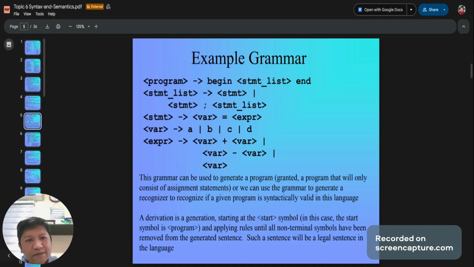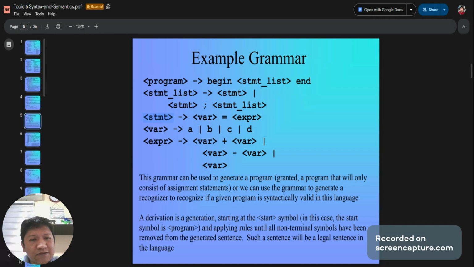Sample of a grammar. A program begins and then ends, and inside that are the statement lists. What is inside the statement list? A statement token or another statement token, then a semicolon to break the statement, and you also have another statement list. Now let's have a look at the statement.